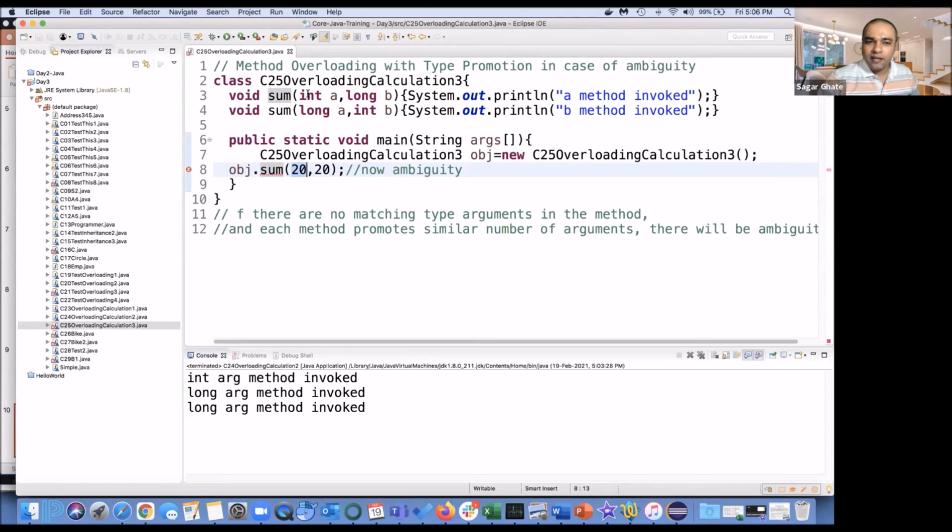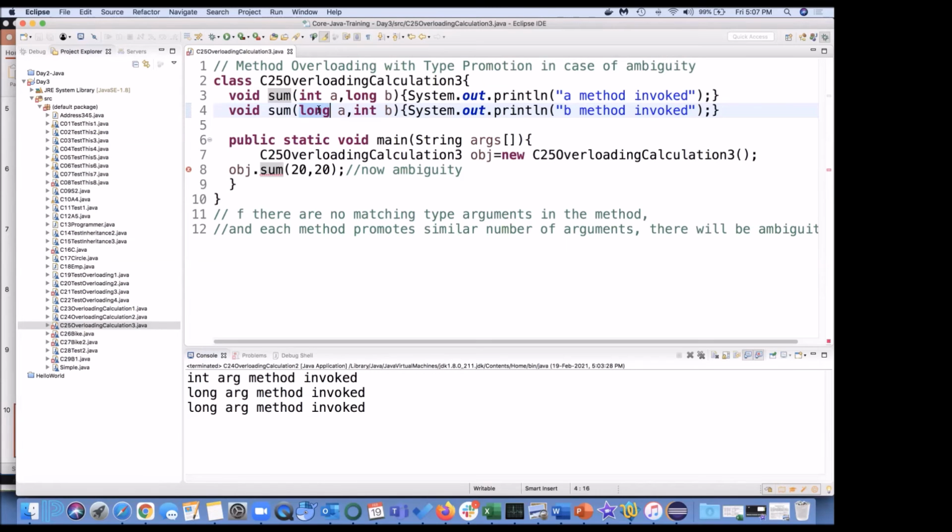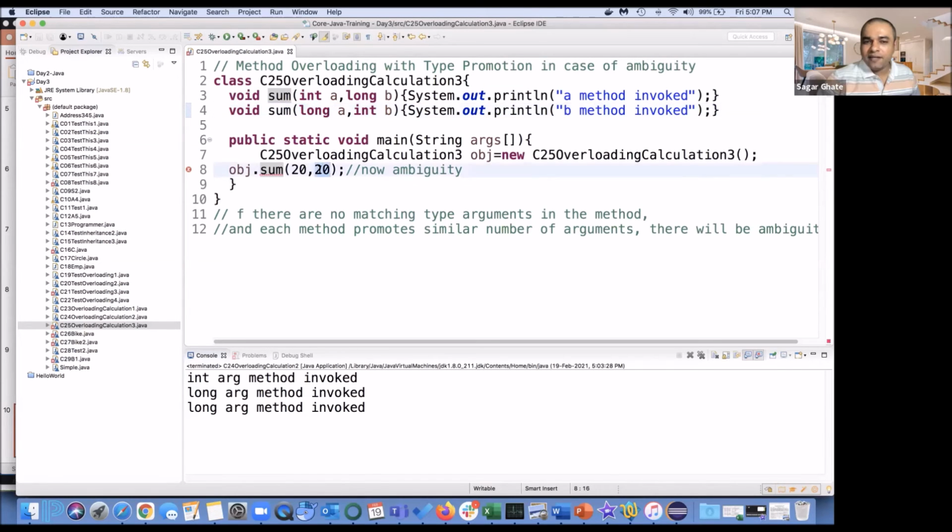For the first parameter 20, this is okay, because it can do type promotion and the 20 can be converted into long. If I start matching the second parameter, this is also okay because type promotion will happen. So by doing this, your compiler is confused.